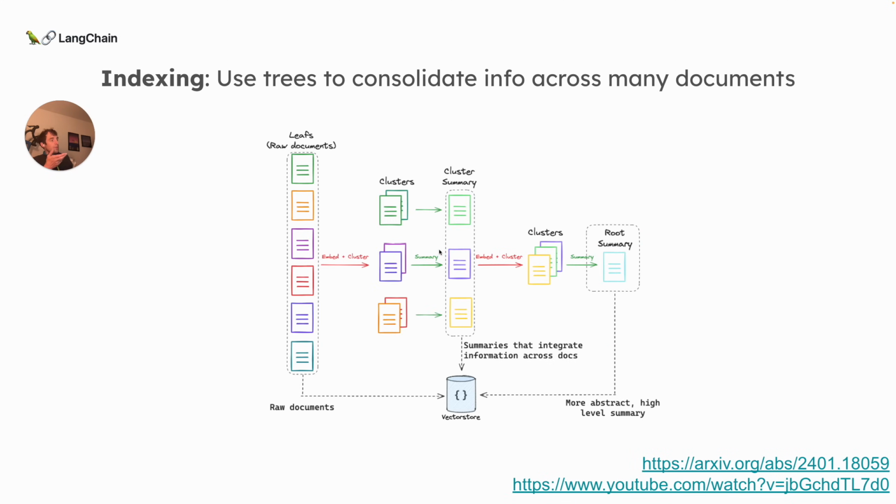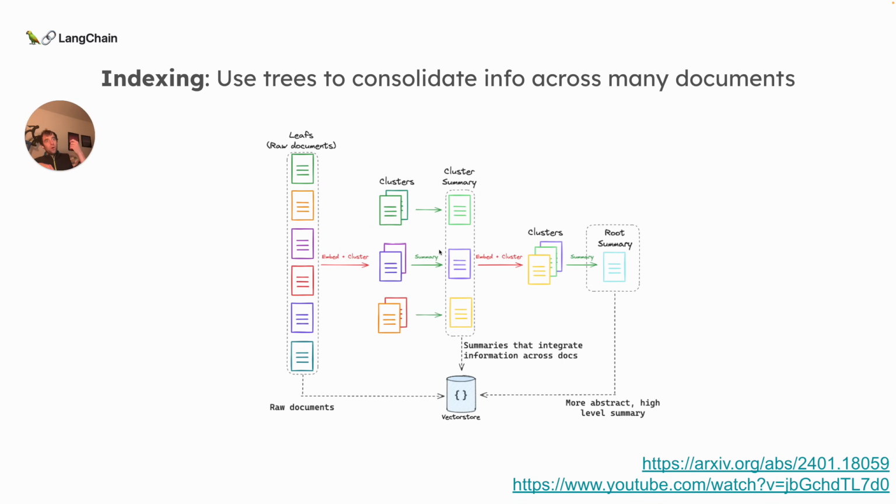Approach two is this idea of RAPTOR. It's a cool paper that came out of Stanford somewhat recently, and it solves the problem of what if, for certain questions, I need to integrate information across many documents. What this approach does is it takes documents, embeds them and clusters them, and then summarizes each cluster. It does this recursively until you end up with only one very high-level summary for the entire corpus of documents. They take this abstraction hierarchy, so to speak, of different document summarizations, and they index all of it. And they use this in retrieval.